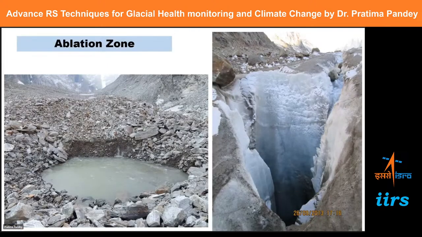These are again a few features on the surface of the ablation zone. This is a supraglacial pond. This is the ablation zone of the glacier, fully covered with debris, and this is the pond. And this feature is a kind of well, also known as a glacier well. You can see here, this is known as a moulin. So most of the supraglacial channels discharge here.